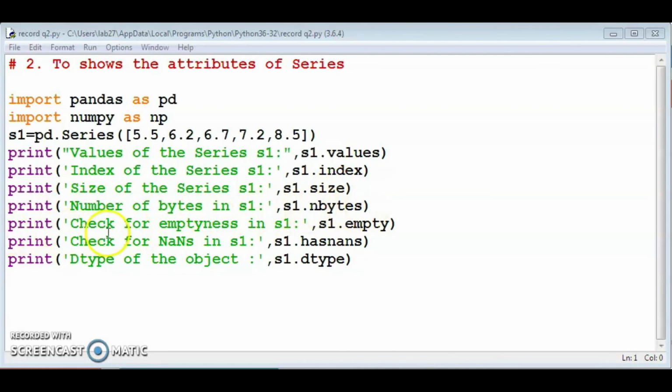Print check for emptiness in s1, s1.empty. Print check for NaNs, not a numbers, in s1, s1.hasnans. Print dtype of the object, for that we can use the dtype attribute, that is s1.dtype. We can execute this program. Run module.